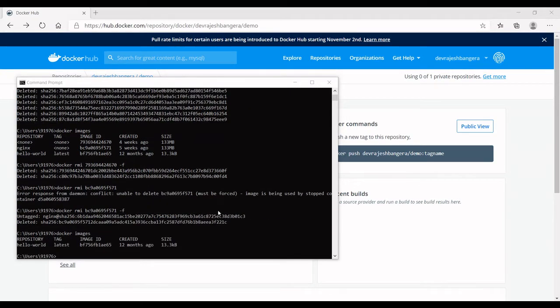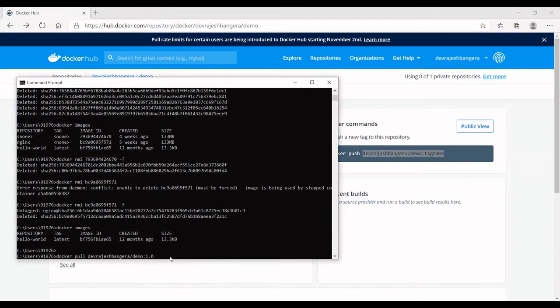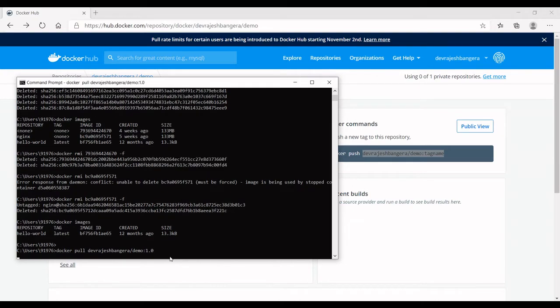If you see, I only have a single image in my local repository. So this is the command to pull the Docker image from our repository. I will say enter.